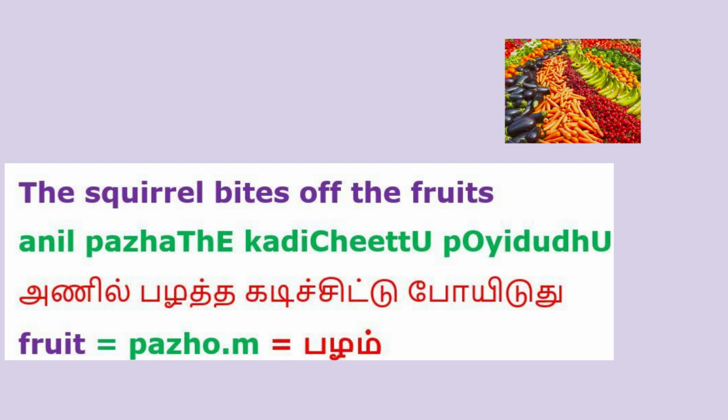That's the reason, because everything is going to take a declension in Tamil, it's very easy to make out what you're talking about. In some other languages it becomes really hard for you to understand, until you get to a level. In Tamil it takes a declension, so it is very clear what you're talking about. You're talking about the fruit, the milk, the monkey, it could be anything. அணில் பழத்தை கடிச்சிட்டு போயிடுது.